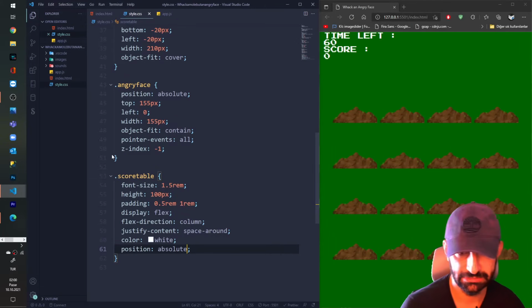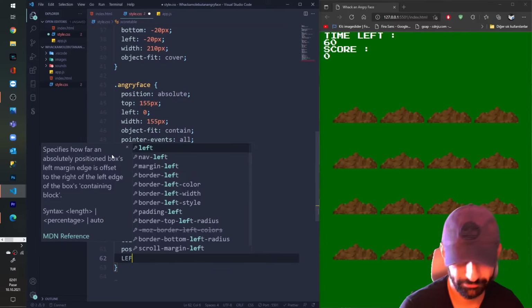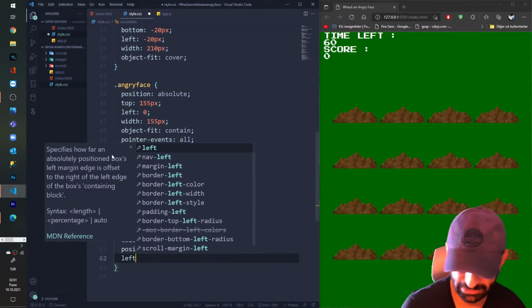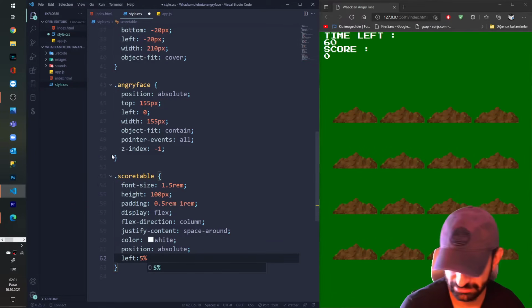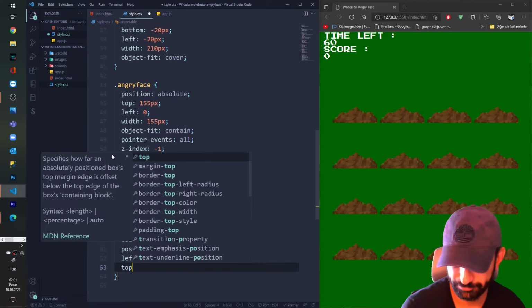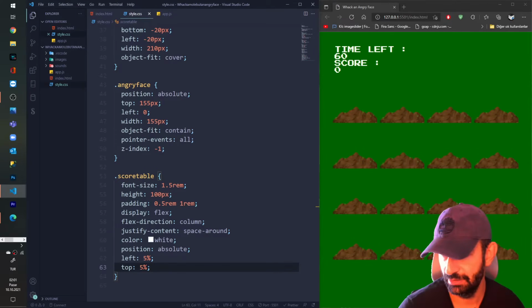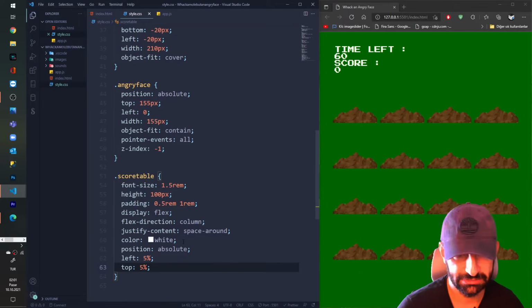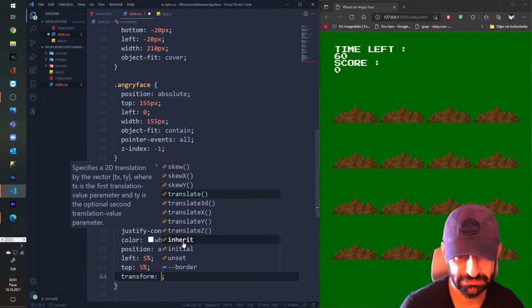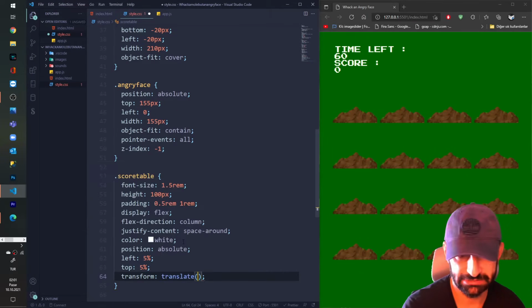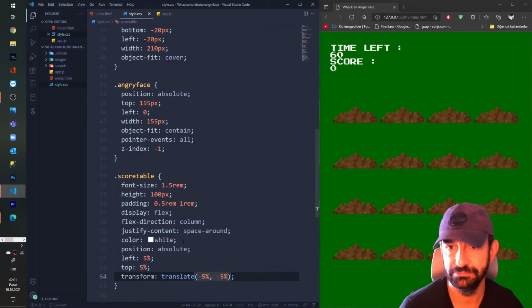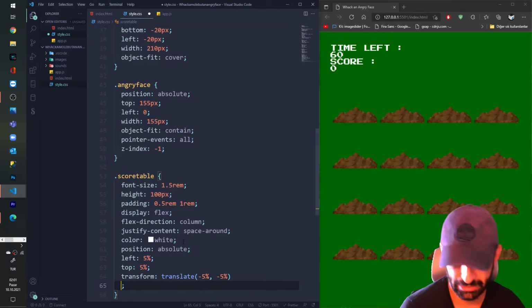Absolute for that. And I say left. Oops, somehow I opened caps lock accidentally, I think. I say top 5% also. And I'm positioning it to the correct place. Translate minus 5% and again minus 5%. Yeah, that's better. And I give also a border of